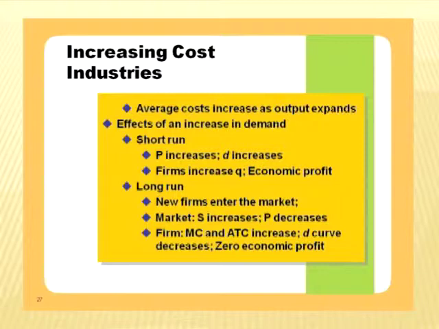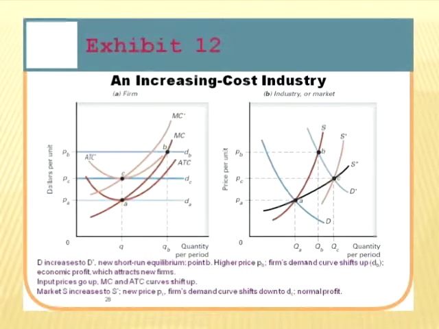Now this would happen anytime we have some particular resource that's in short supply. And so as we expand the output, the production, we start increasing the cost of the underlying resources. One of the assumptions we've been making in the constant cost case is that we can expand output, we can hire as many workers as we need to, and it doesn't cost anything. And that would make sense if it were an agricultural industry. However, if we were to expand in certain industries, we might find ourselves short of labor, or we might find ourselves short of some necessary resource. So this is what that picture looks like.